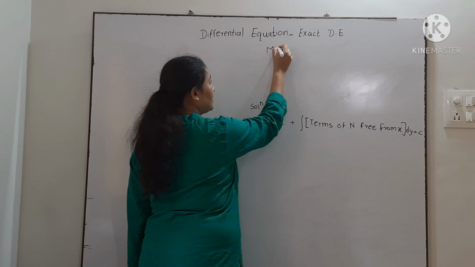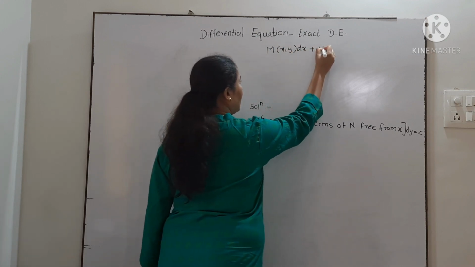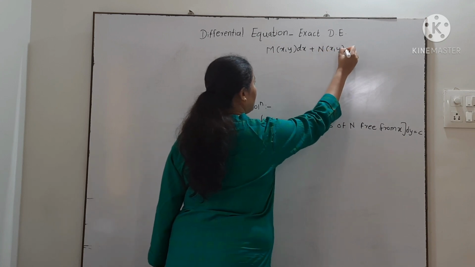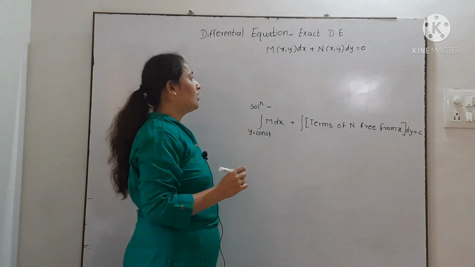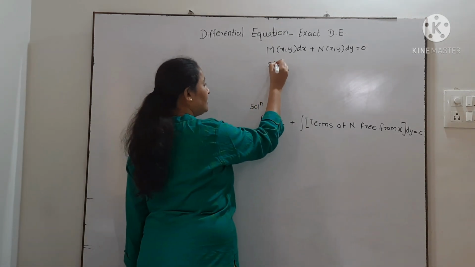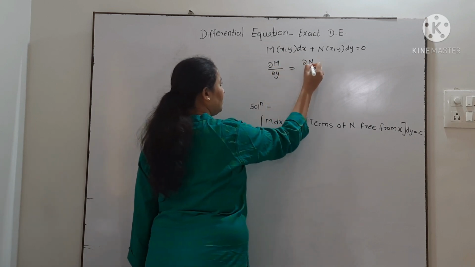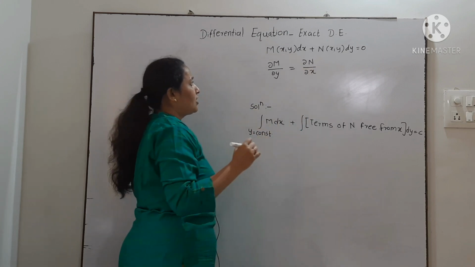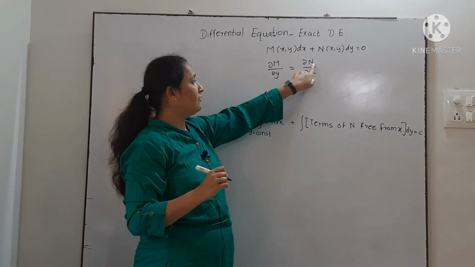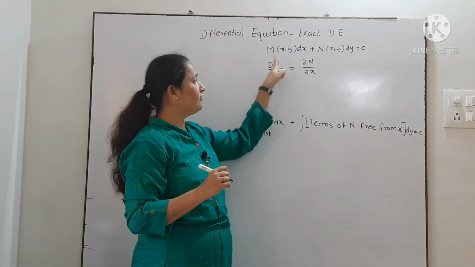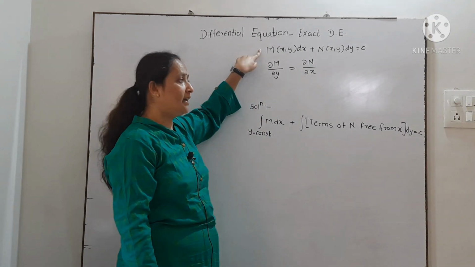Suppose your given equation is in the form of M of x,y dx plus N of x,y dy equal to 0. We can say that this differential equation is exact if it satisfies the condition ∂M/∂y equal to ∂N/∂x. That means partial derivative of M with respect to y must be equal to partial derivative of N with respect to x. If this condition is satisfied, we can say that the given differential equation is exact,